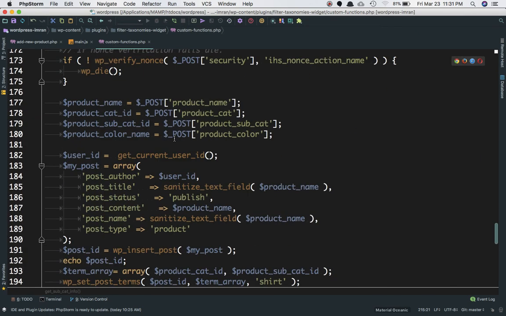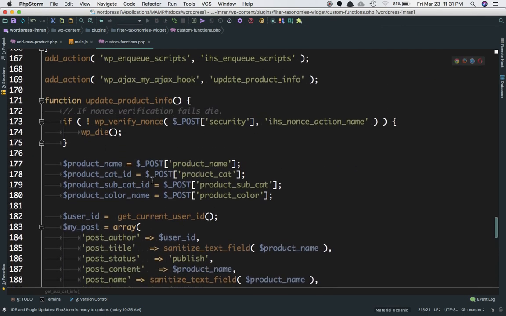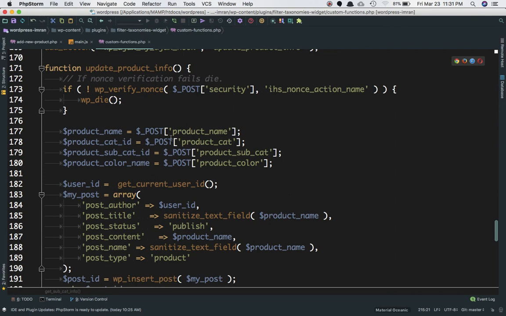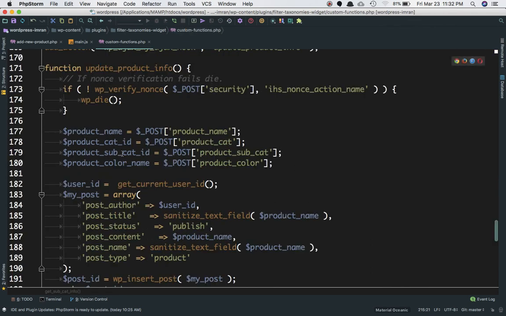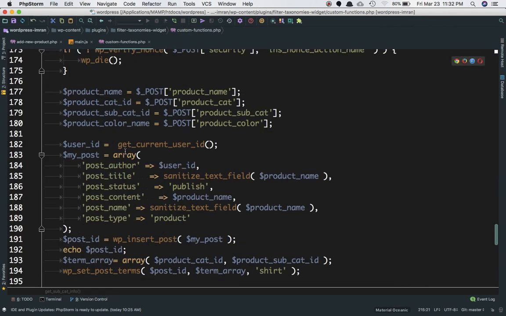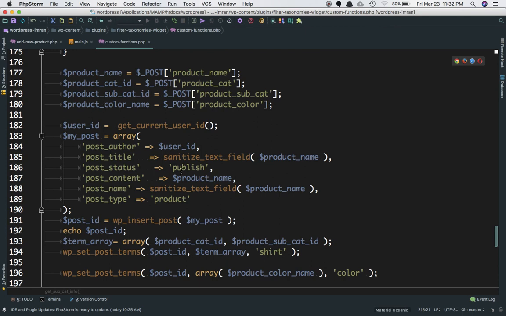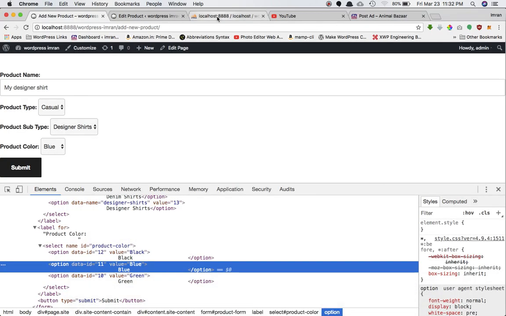Inside of the custom functions.php, we have a function that gets all of those values in $_POST, with these names: product name, product cat, subcat, and pet color. So we're storing them in variables and passing all of this information into the array of arguments. We're passing those arguments to wp_insert_post, which is going to create the post and feed it to the database,